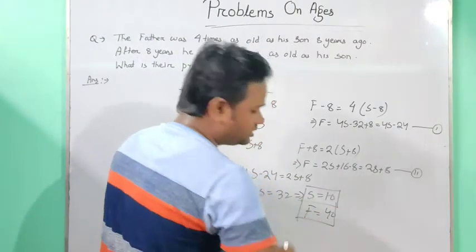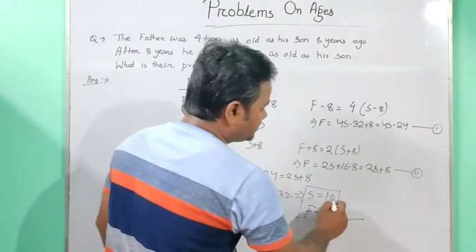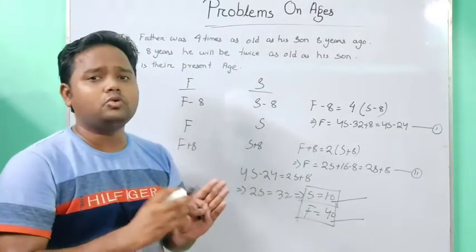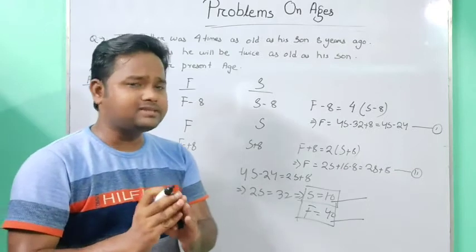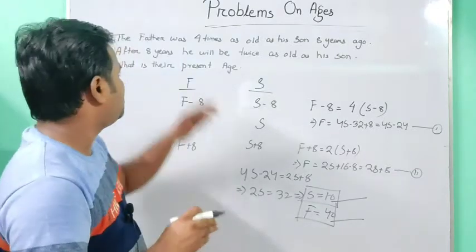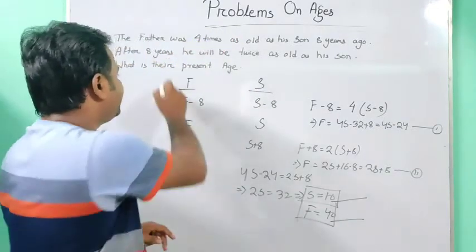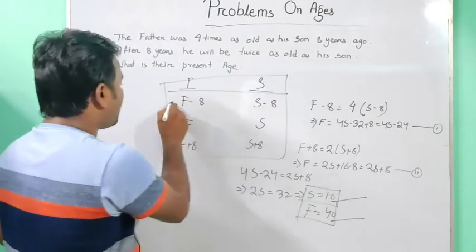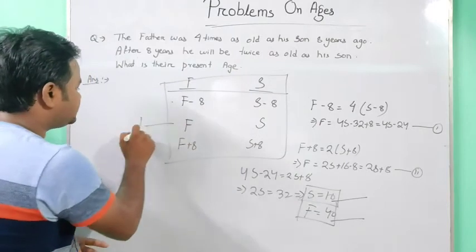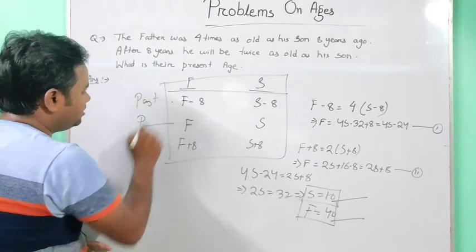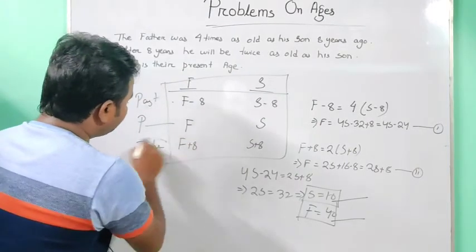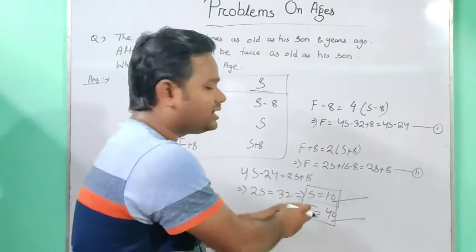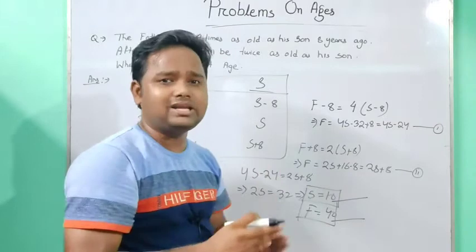The father's age will be 40 and the son's age will be 60. In such types of questions, we have to do only two or three lines. First, we have to check what the question is giving. We have to put it in a frame, that is, how many persons are given in which year: the present year, the past year and the future year. And we have to find out the relation between them. Only by getting the relation can we get the answer, and we can calculate it in very little time.